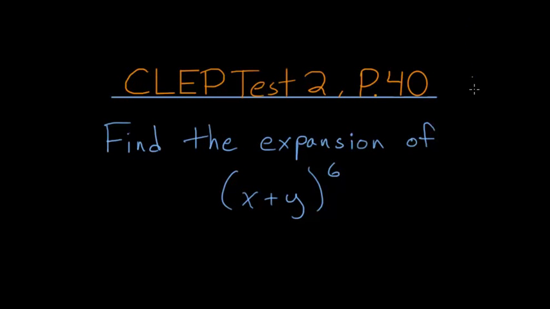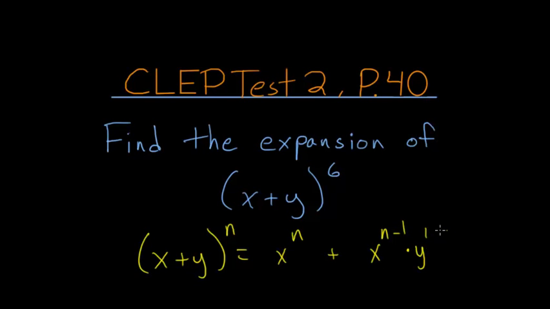Find the expansion of x plus y all raised to the sixth power. So in general, we have a binomial, or in other words, two terms added together, and they're raised to the nth power. And this would expand to be x to the nth plus x to the n minus 1 multiplied